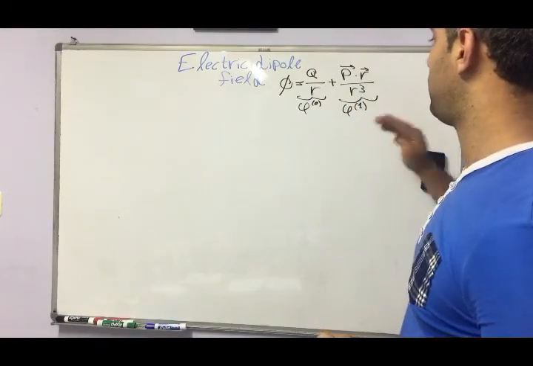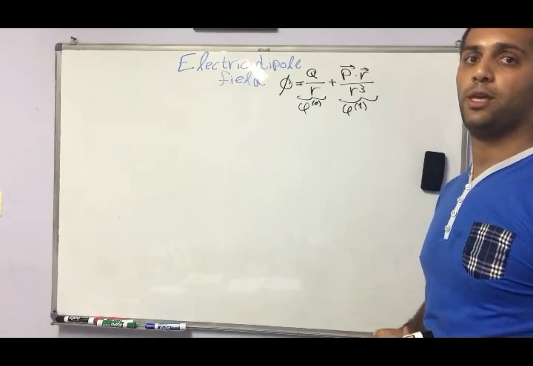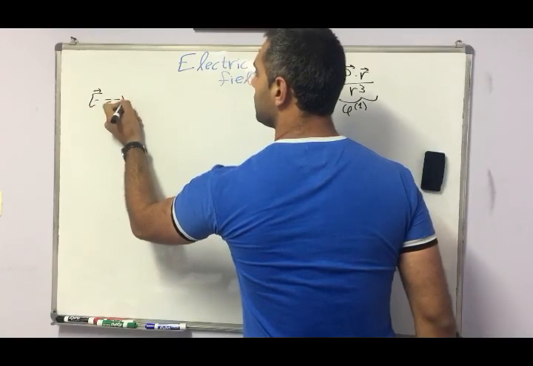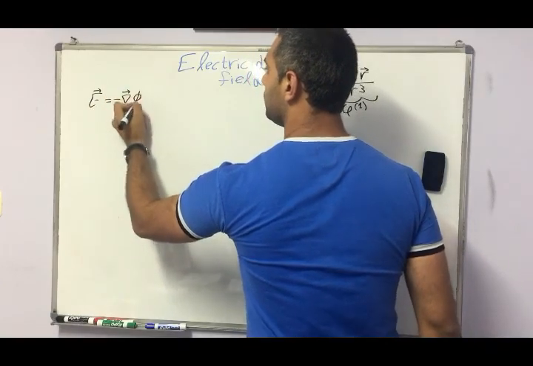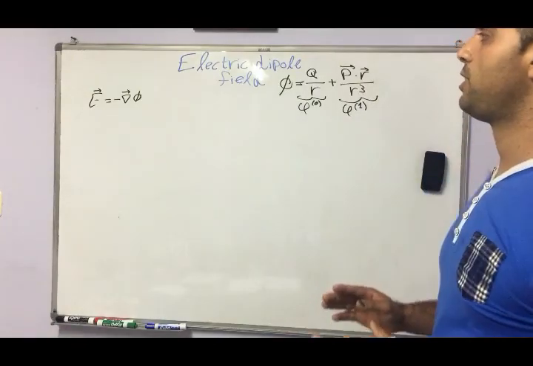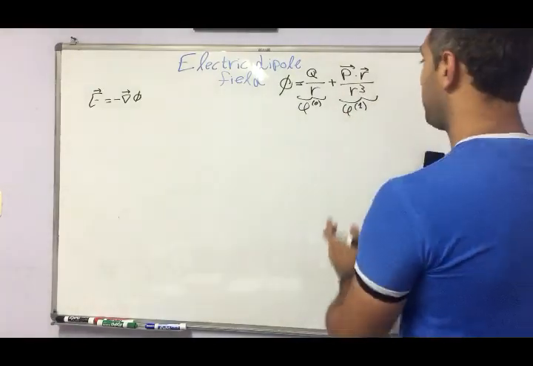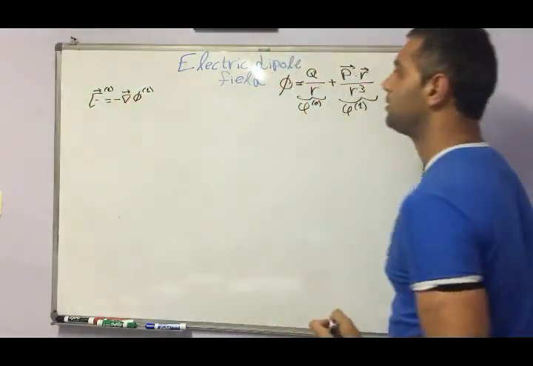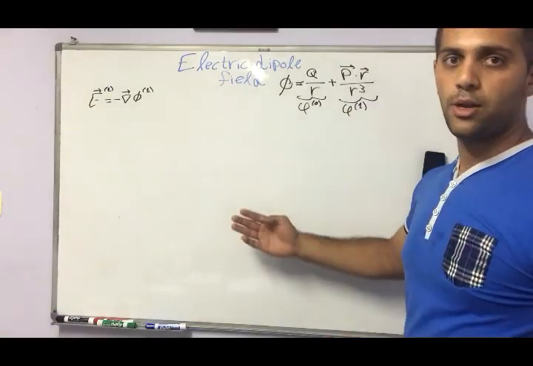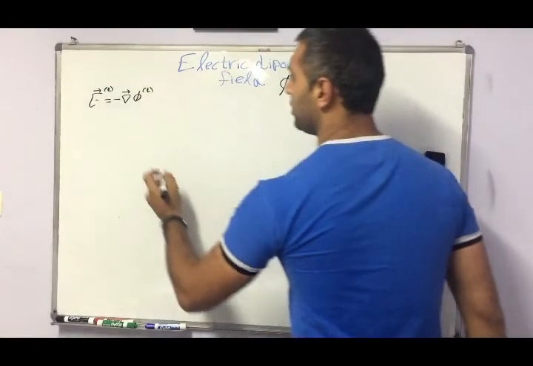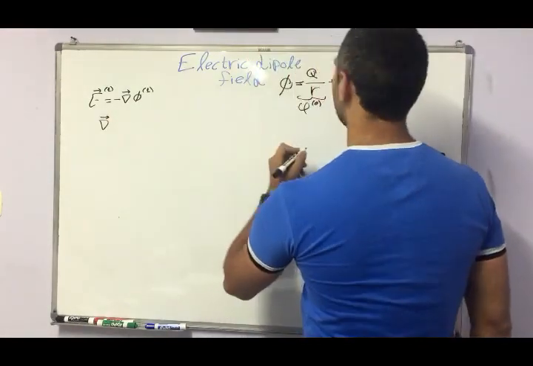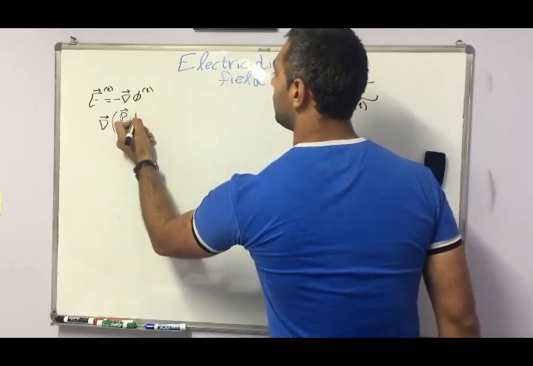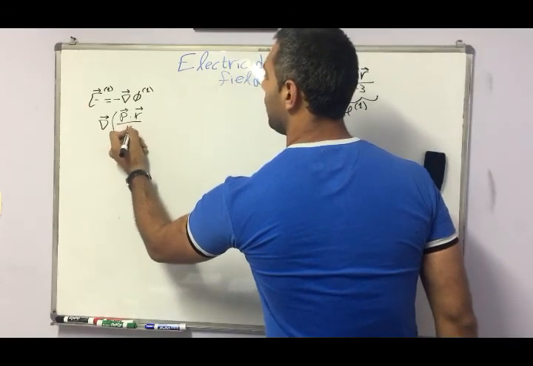potential. And once we get the dipole potential, it's so easy to find the electric field, because the electric field is equal to minus the gradient of the potential. And if we want to find the electric field of the dipole potential, we can just write something like that. And another time we just calculate it. The gradient of the dipole momentum dot r divided by r cubed